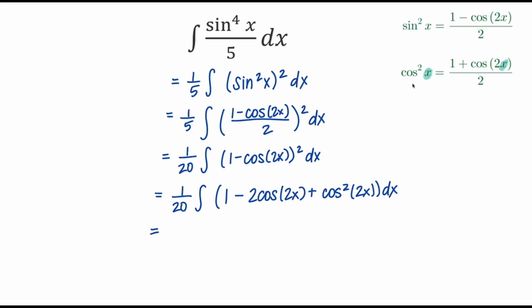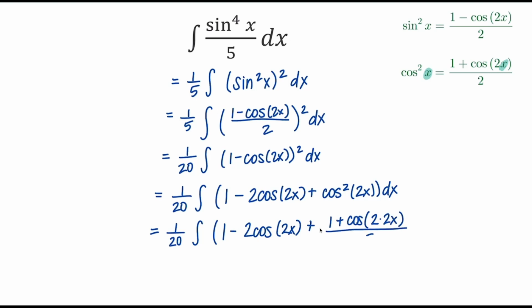So we have 1 over 20, the integral of the quantity 1 minus cosine of 2x plus, so now I'm going to rewrite this as 1 plus cosine of 2 times 2x all over 2